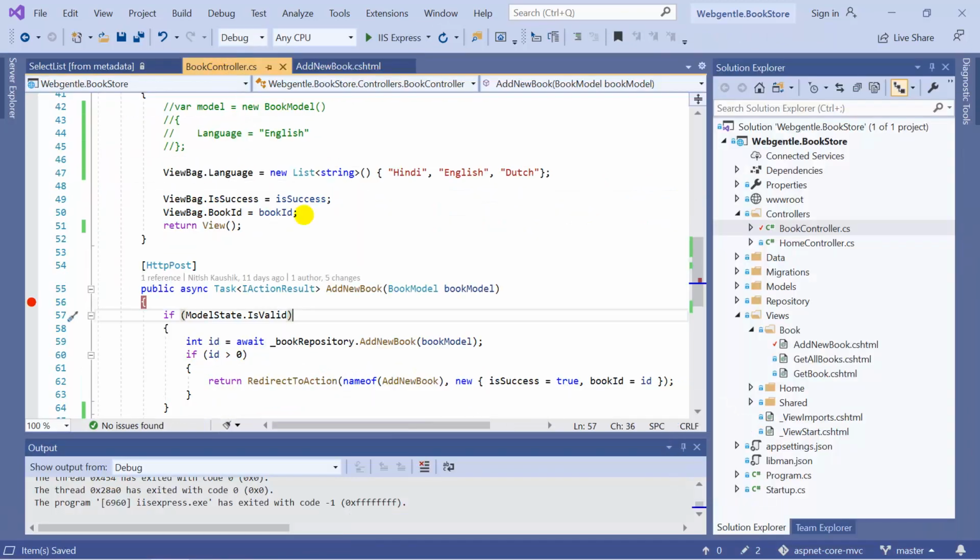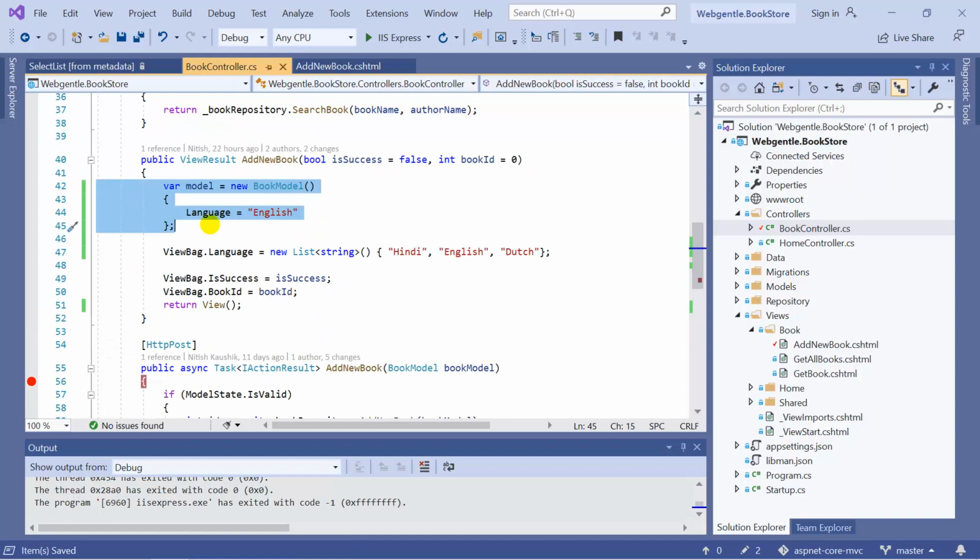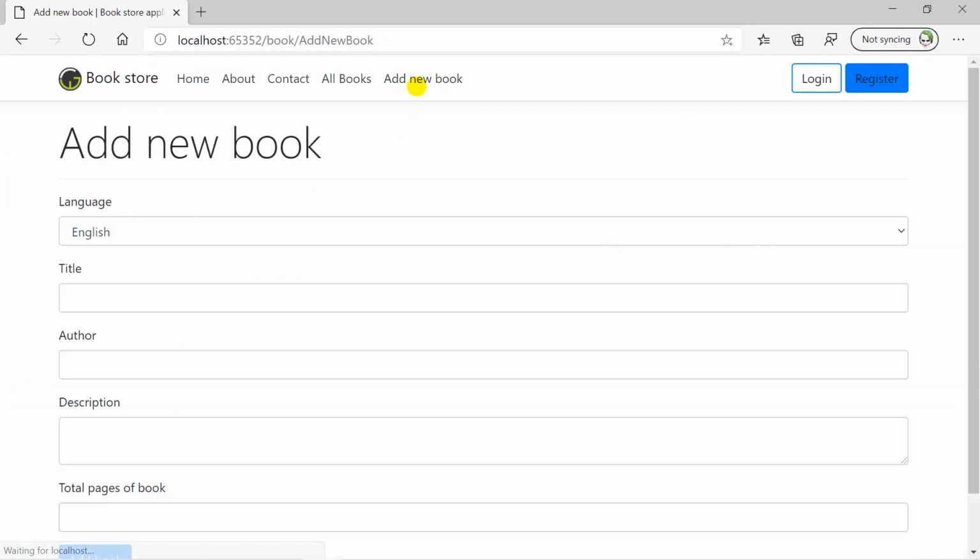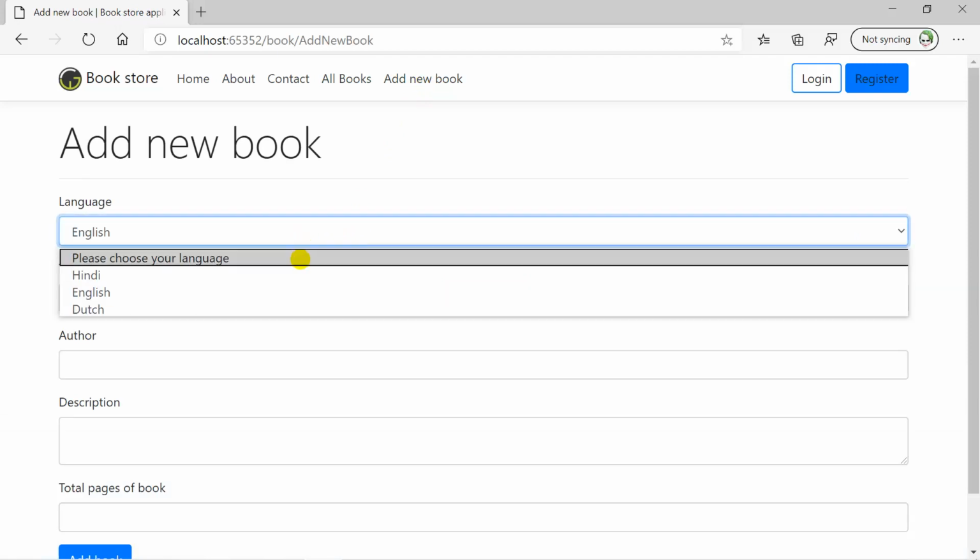Go to the controller class, and into the controller class we can pass the data into our model. Let's pass the model into the view. Notice this time we are passing language equals English as selected. Let's run this application again. Click on the add new book. Here you can see that English is selected. So you can choose any one of them as per your choice. All the other validations that we are using, like HTML5 and server-side validations, will work just like we did in the previous video of this tutorial.